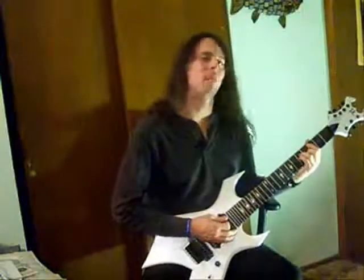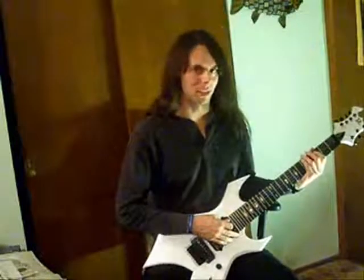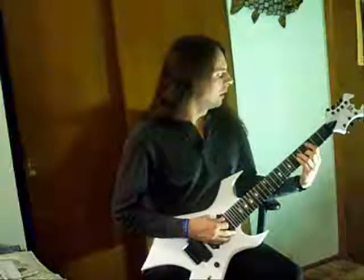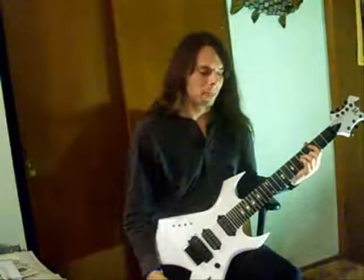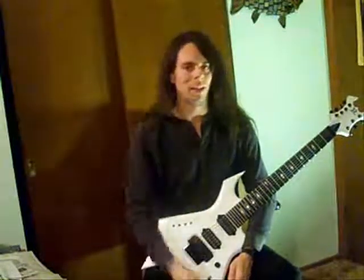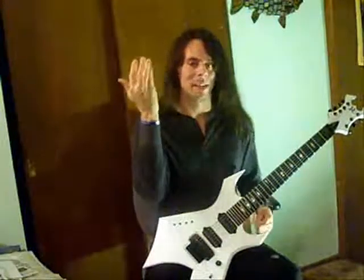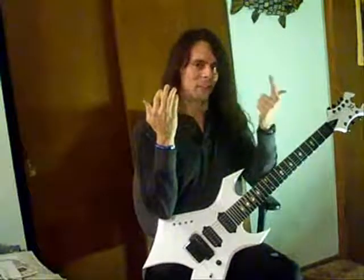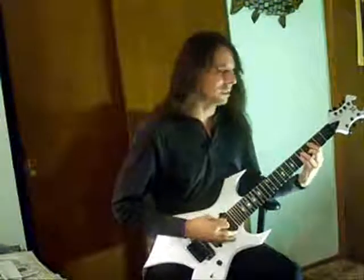I'm going to show you the same progression here, but we're going to do this in the key of G so that we can use the bottom string. Now, it's still going to be the same pattern, we're just going to be in a different key, the key of G instead of the key of C. But the pattern is still the same because we're still doing just a natural scale, right? So it's going to be major, minor, minor, major, major, minor, diminished, octave for the major again. The fingering is going to be a little bit different,